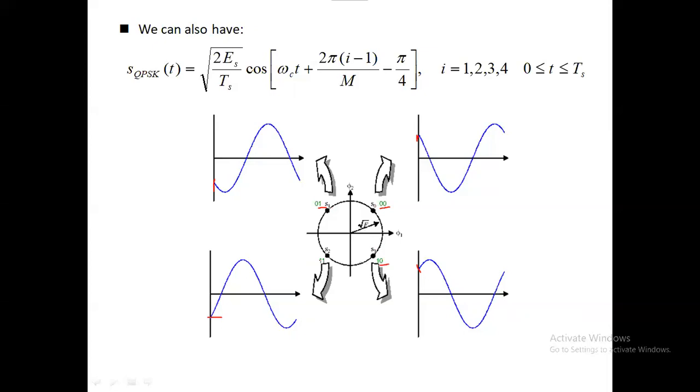So if we move from S2 this way or this way, we are changing only 1 bit. Or if we consider S1 and we move this way or this way, again we change only 1 bit of the constellation. This is called gray encoding because it enhances the performance by